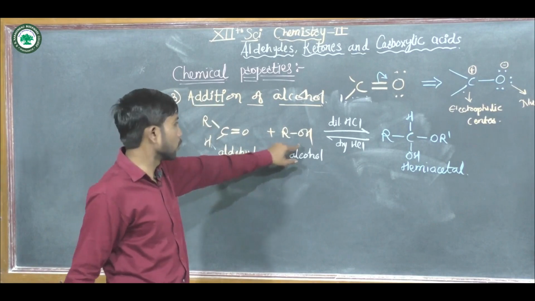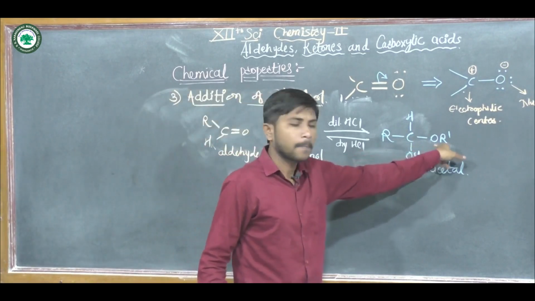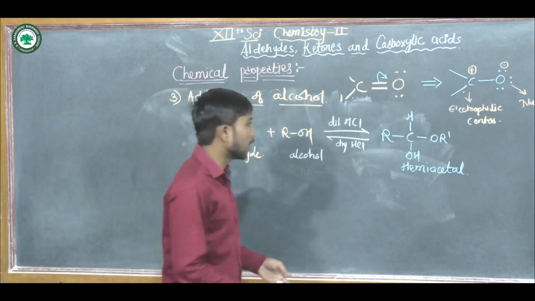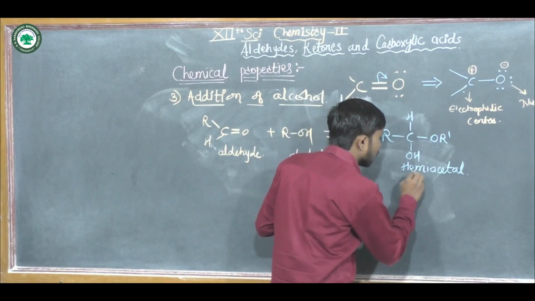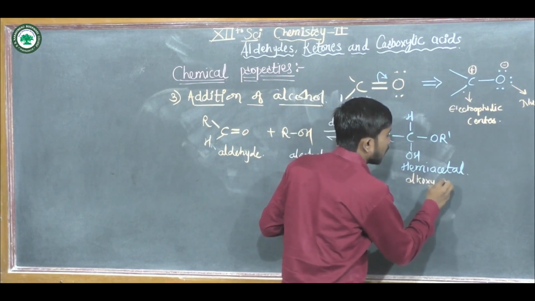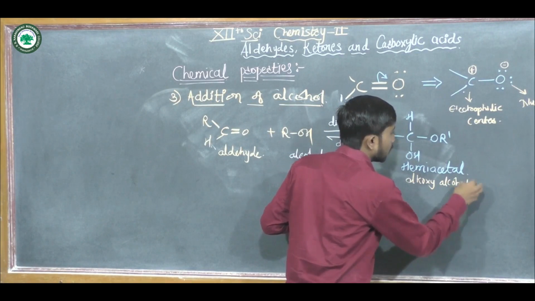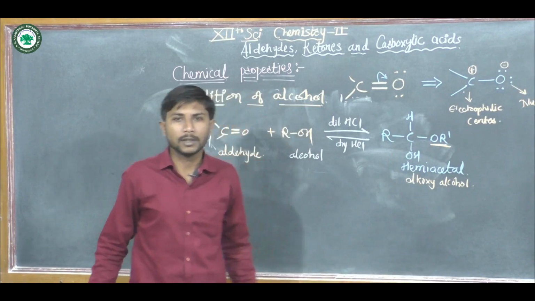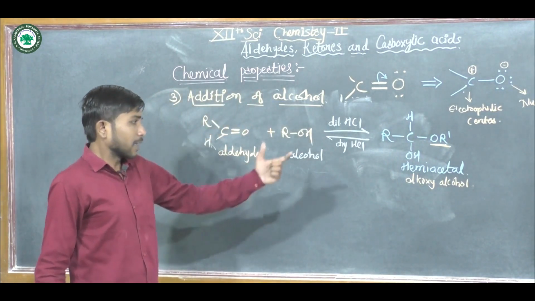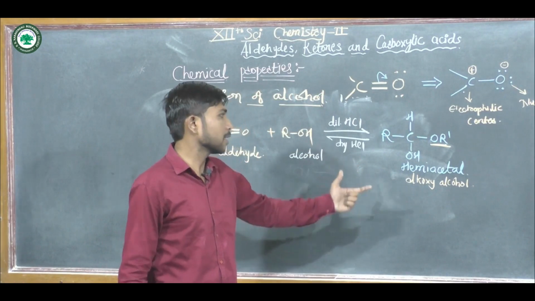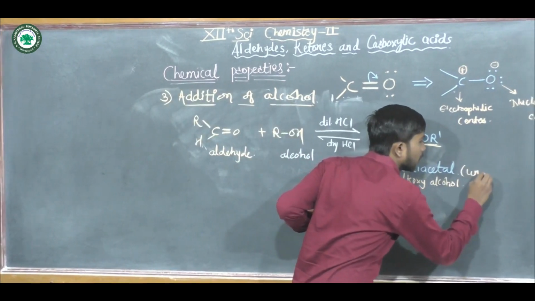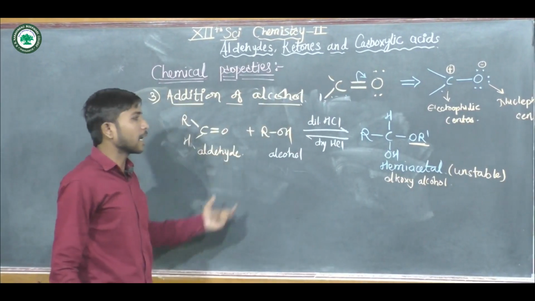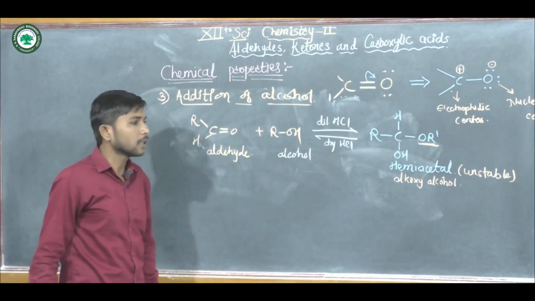One of the alcoholic groups, that R group goes to the oxygen to form the alkoxy group. These are nothing but the alkoxy alcohol, we can say. Here this group is an alkoxy group, and this one the alcohol. Okay, but this is an unstable hemiacetal. These are unstable. That is why when these unstable hemiacetals again react with the same alcohols, then it will